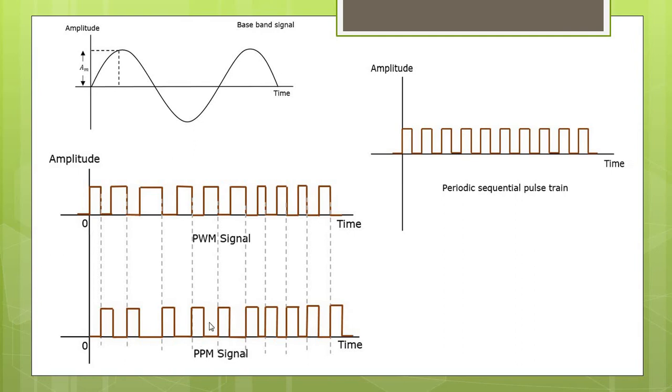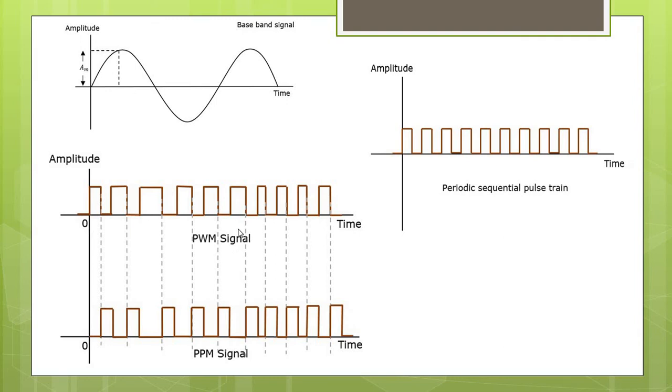So this PPM can be generated from PWM itself. So for generating PWM, we have taken a comparator and applied both of these two signals as the input. One is the sinusoidal message signal, second is the carrier signal, which is a sequential train of pulses. So when both of these two are applied, depending upon the amplitude, whichever is greater, whether it is the modulating signal or the carrier signal, the output of PWM is generated as +1 or -1. So from PWM, PPM can be generated.